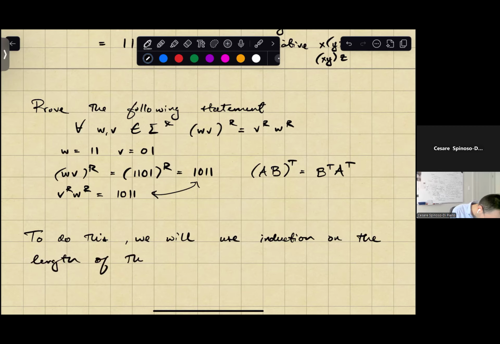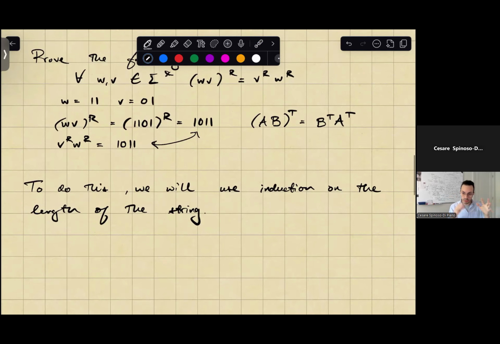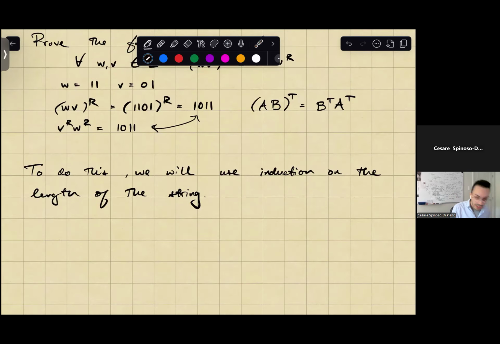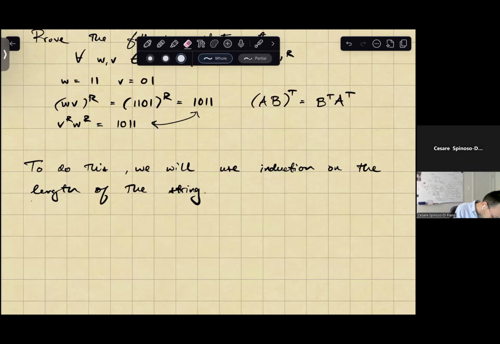Now notice this statement in natural language is ambiguous because there are two strings here. So which one is the string? Well, it's actually not that obvious until you see it. So there's quite a nice way to re-represent this statement. So if I have the statement for every W and V, (WV) reverse is V reverse W reverse, what I can say is that I want to show by induction. So really,